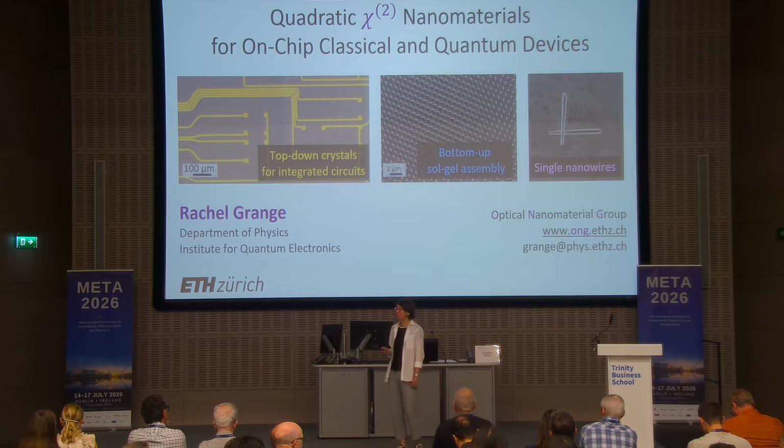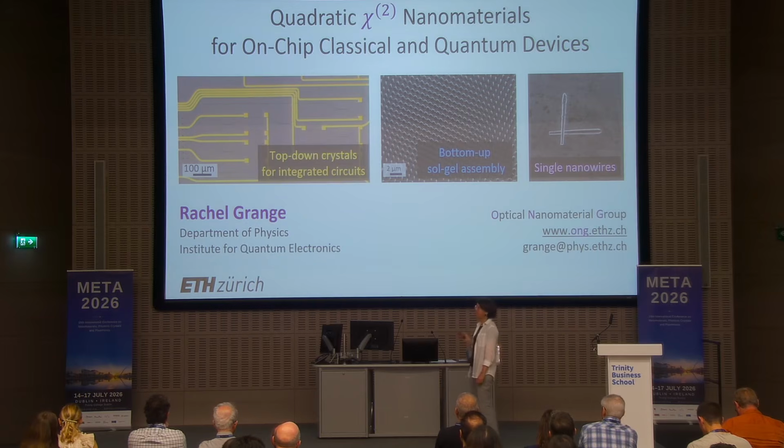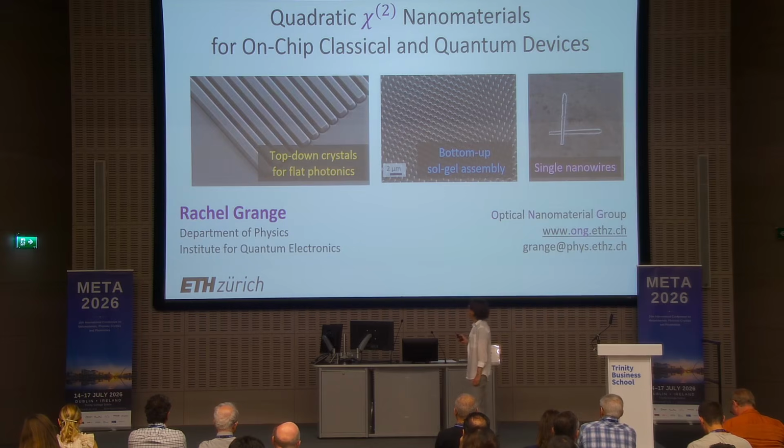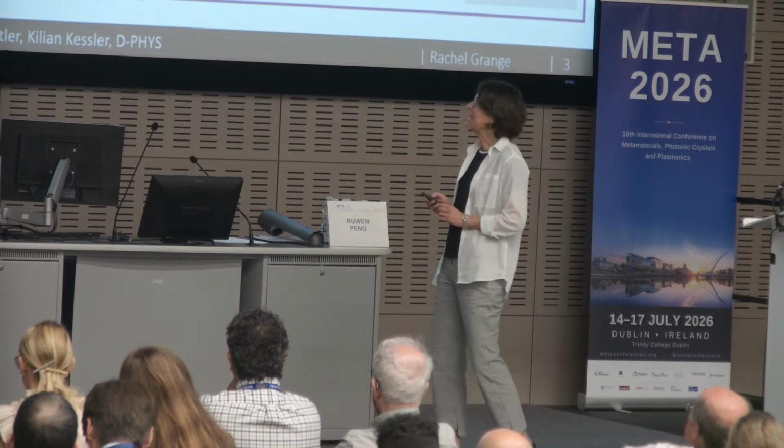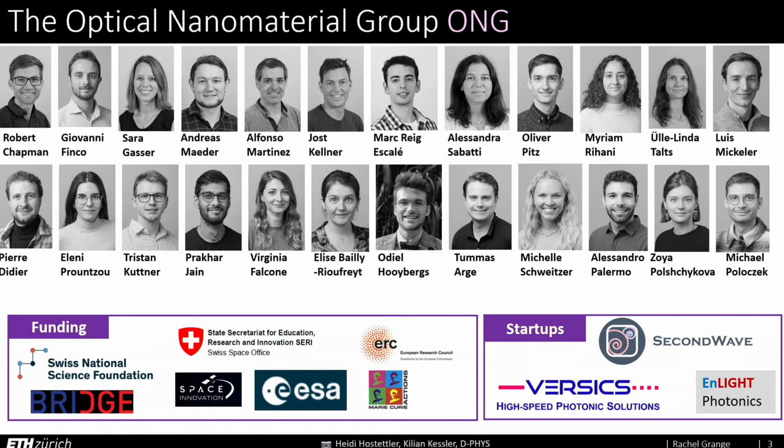Good morning, everyone. Indeed, I'll be talking about chi-2 material, and half of my group is working on top-down crystals for integrated circuits. But here, I will mainly focus on top-down crystals for flat photonics, as well as our development of bottom-up sol-gel for simplifying the fabrication, and on single nanowires or single nanostructures that you can use for generating entangled photons directly on the chip. So this is my team, the Optical Nanomaterial Group at ETH Zurich, and we are focusing, and our